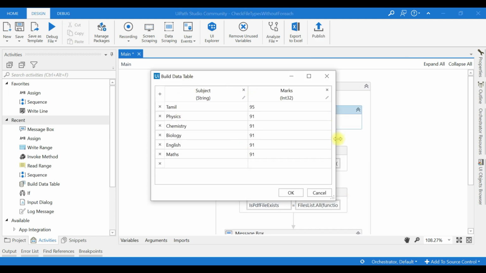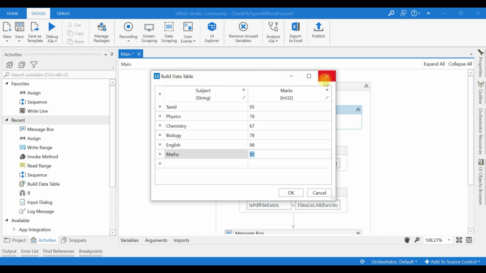Now it has two columns, subject and marks. I just put a few subjects under the subject column and marks here. I want to know whether this marks column contains marks greater than 90. Just I want to know whether this column has values greater than 90.